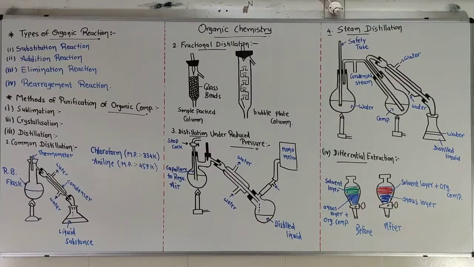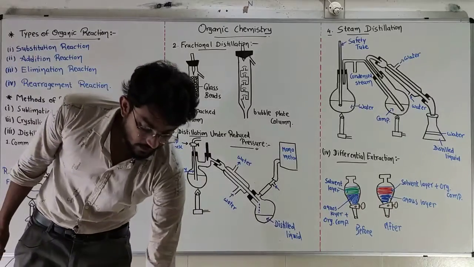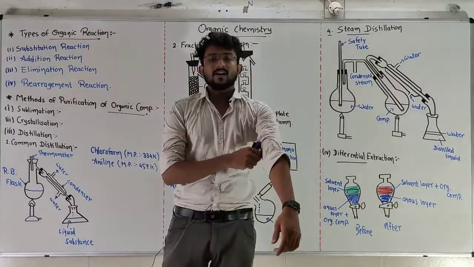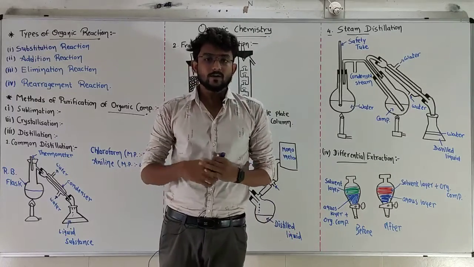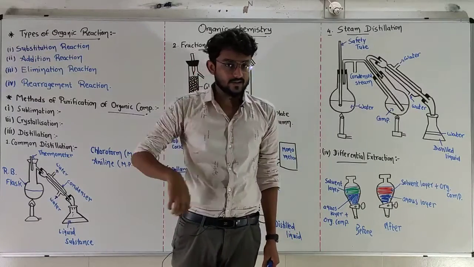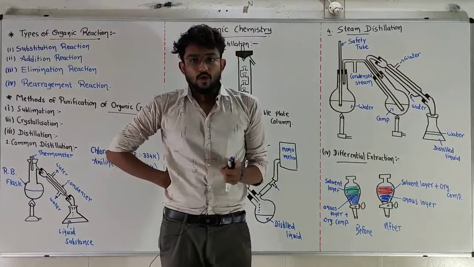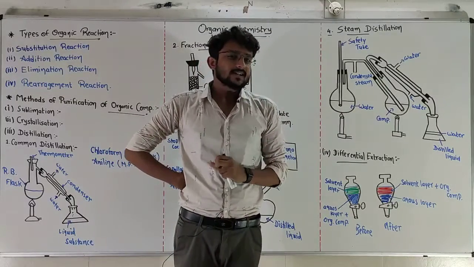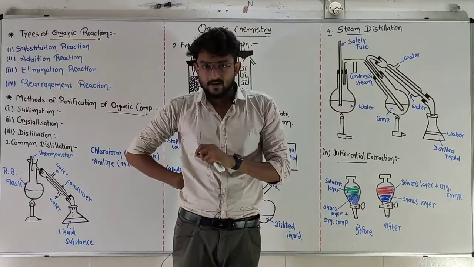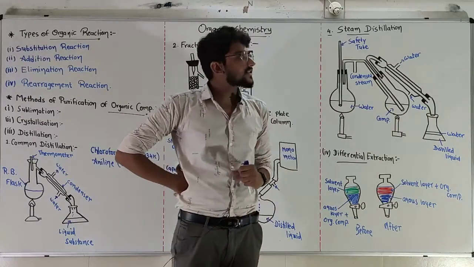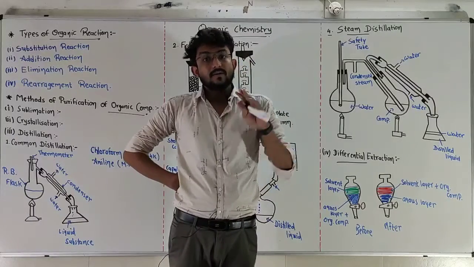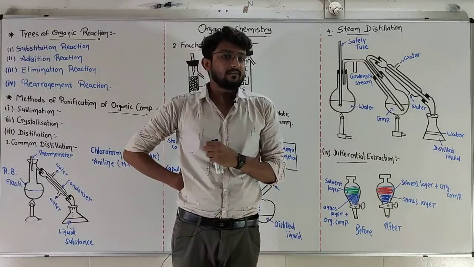Good morning, students. In the previous lecture, we discussed electron transfer effects. We discussed a total of 3 electron transfer effects in the previous lecture. The first one was the resonance effect. After that, we discussed the electromeric effect, and after that, hyperconjugation. Before that, we discussed the inductive effect.